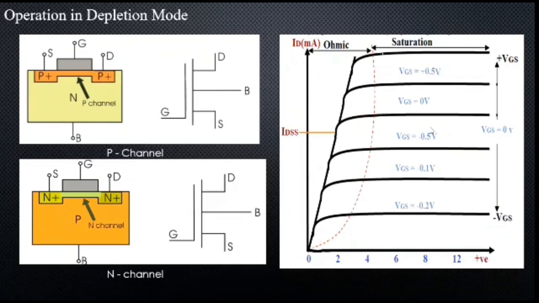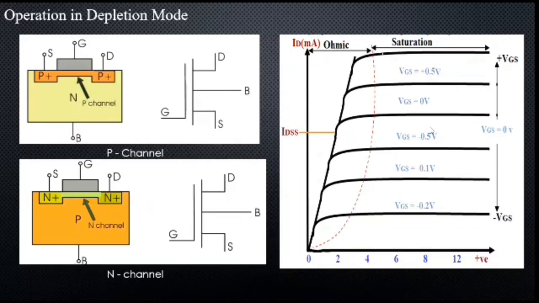Now comes the depletion mode. The depletion mode MOSFETs are usually called the switched on devices, as they are generally in closed state when there is no bias voltage at the gate terminal. When we increase the applied voltage to the gate in positive, the channel width will be increased in depletion mode. This will increase the drain current ID through the channel.